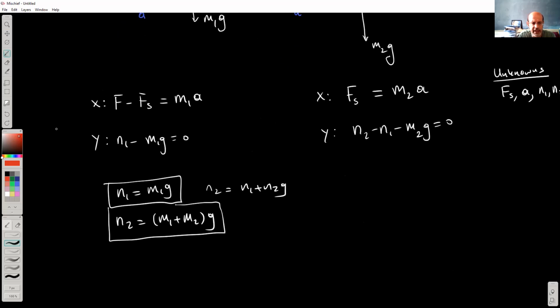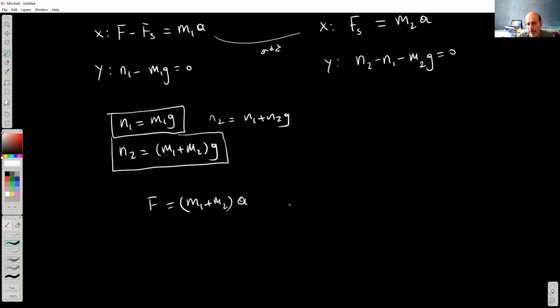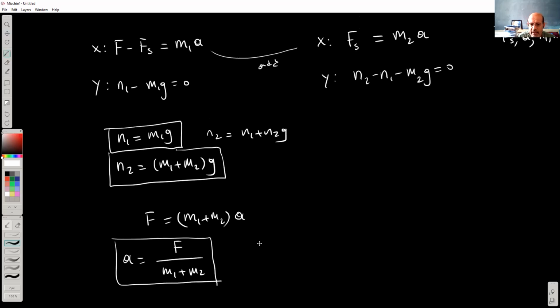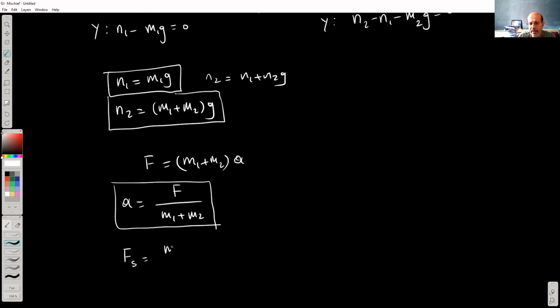Let's solve these 2 equations. I just want to add them up. If I add them up, Fs cancels, and on the left-hand side, I have F, and I have M1 plus M2 times acceleration in here. And from here, we find acceleration. It's F divided by the total mass. And then by using this equation, I can find Fs. All right, sorry, it's M2, right? M2 F divided by M1 plus M2. All right, this is the solution, all four unknowns are determined